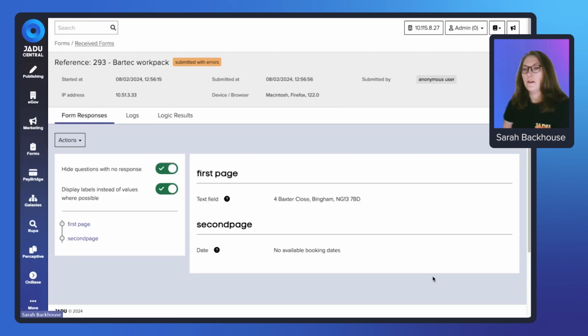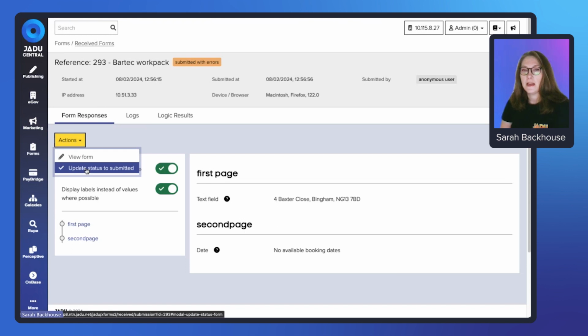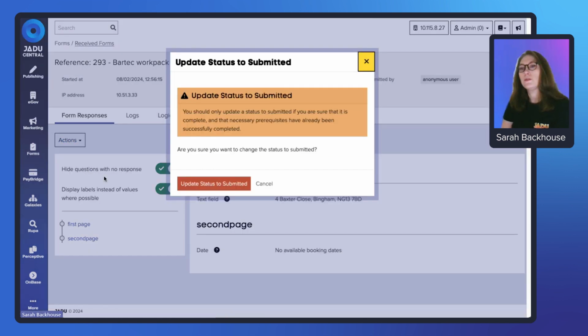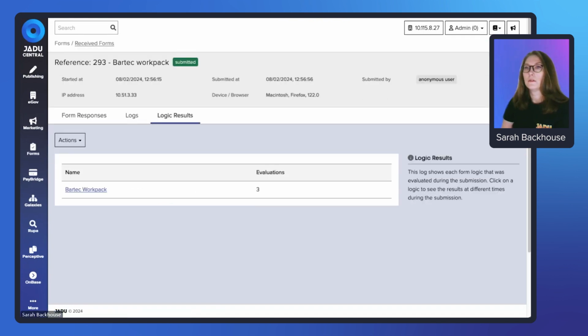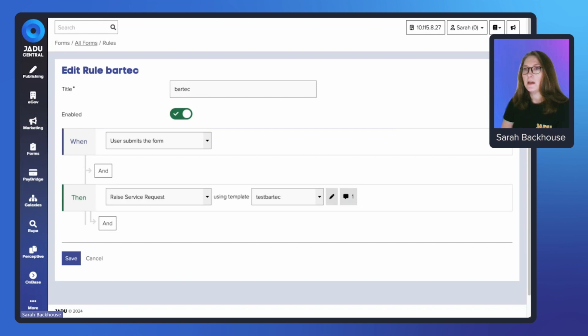And assuming that I've gone through and taken some action to complete this, I can then update the status to submitted. So I get a little warning message because this isn't an action that you can go back and change. And then I can clear that, at which point the status changes into submitted. So from there, if I head back into my slides,